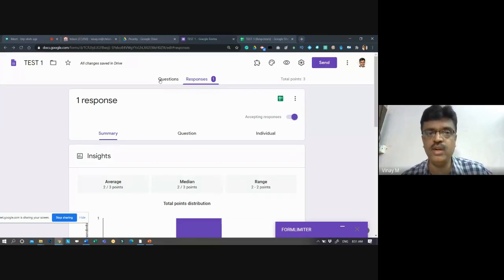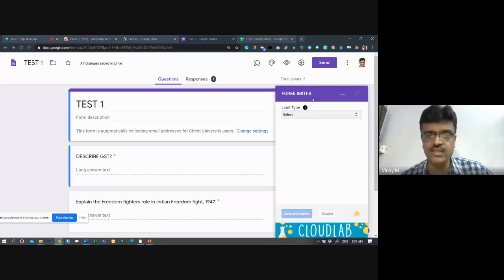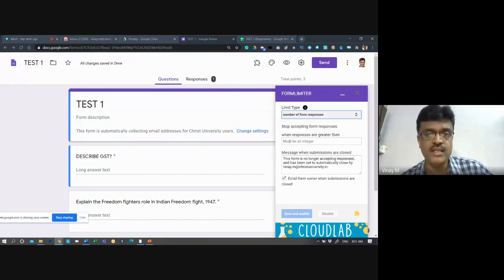So that means you need to use for this quiz a form limiter, which is the one. Now, what is this form limiter? This is a small add-on to your Google form, and that will be used here. You can see based on how many number of responses come, you can limit. For example, I want only 30 people to register. First come, first serve. 30 people comes, and then I want to close this. Use this form, number of form responses, and see here, say 30, and then say yes, save. It will be closed automatically after the first 30 people fills this.